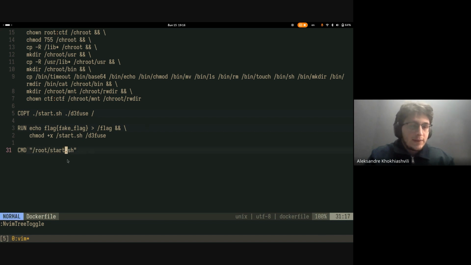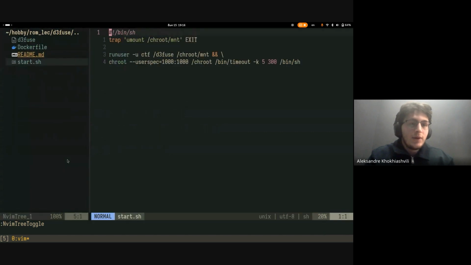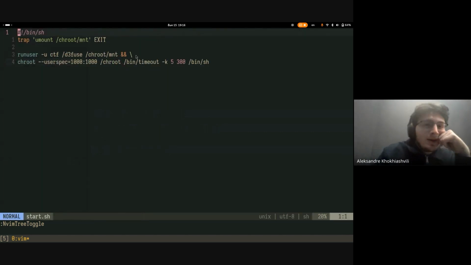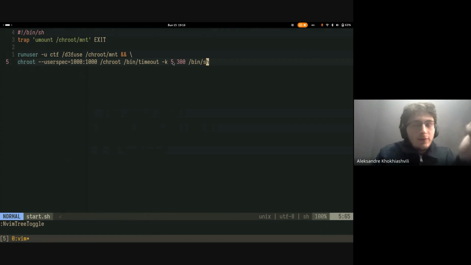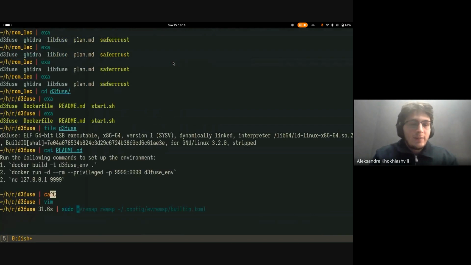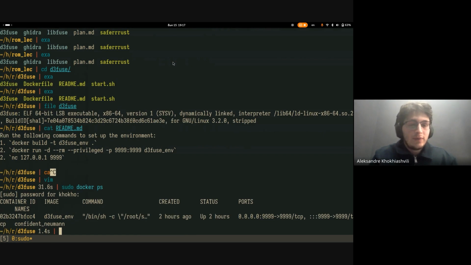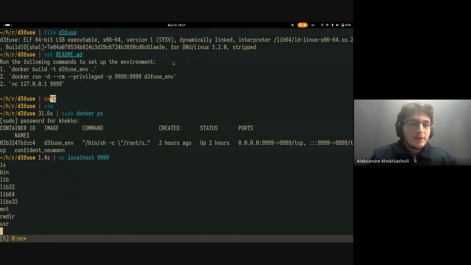And the Docker file starts the shell script, which we can look into. And the shell script runs the challenge binary in background, and we can see that it then gives us shell. So if we run this challenge, and I've already run it in Docker because it takes some time to get started. So I already have it running on localhost 999, and if I connect to it,